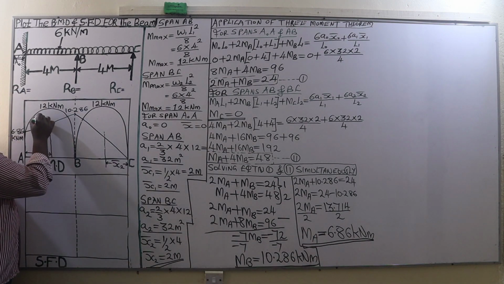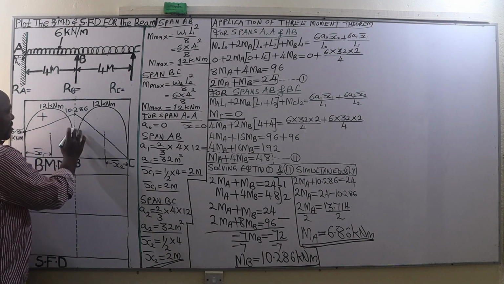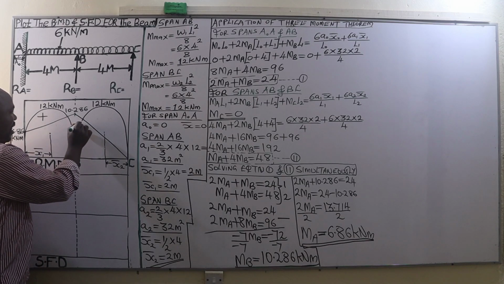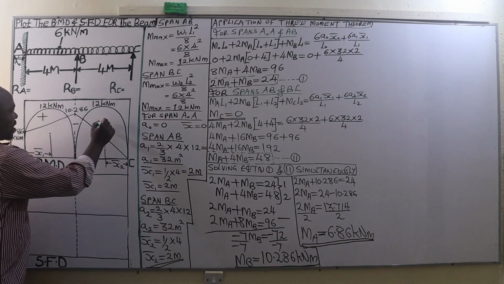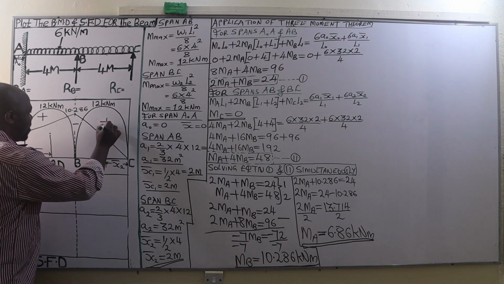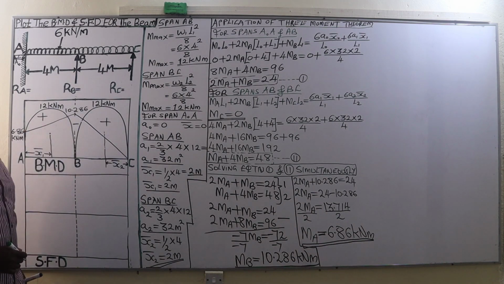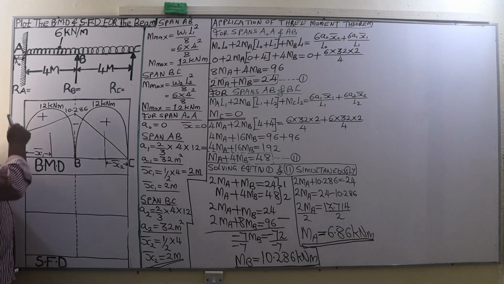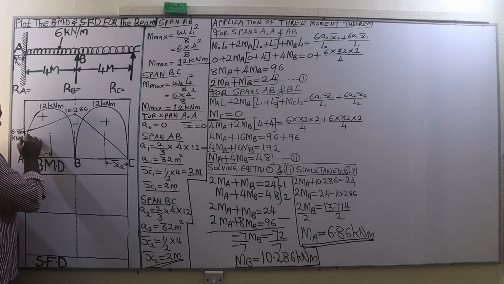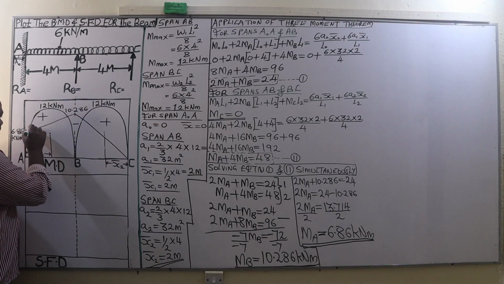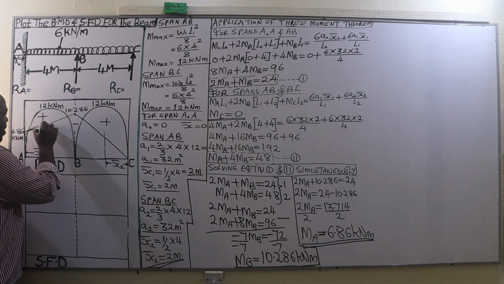And ladies and gentlemen, this is going to be a positive bending moment. This one is going to be a negative bending moment. This one is a positive bending moment. And here we are supposed to have just a small gap, which is a negative bending moment. Then after that, we are going to shade the outline of our bending moment diagram for it to be